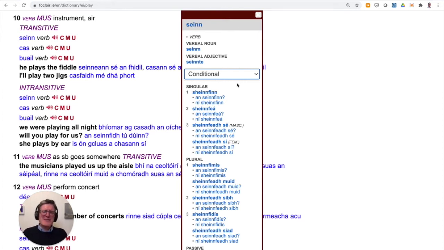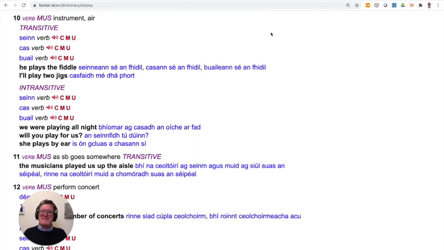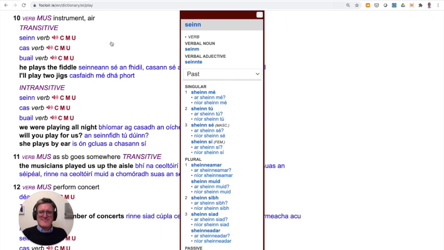So it's just really wonderful to spend an extra minute or two sometimes, or even just 30 seconds on Foclóir.ie to enrich your Irish with some of these lovely sample phrases that pop up. Also to practice or remind yourself of the pronunciation of some of these words. And last but not least, to click on that word beside the actual translation, because you get all these hidden grammatical forms popping up in front of you. And that's just a really useful way to use the